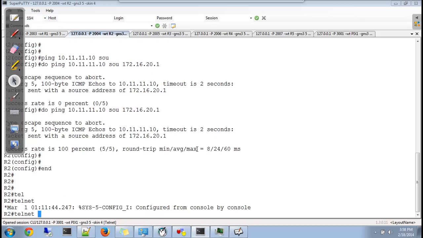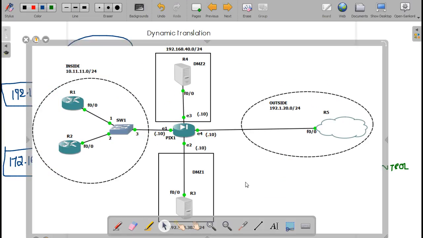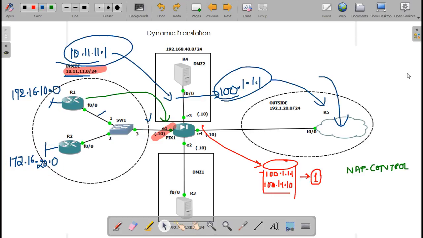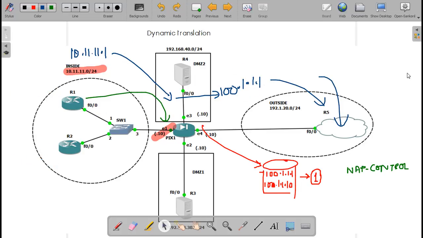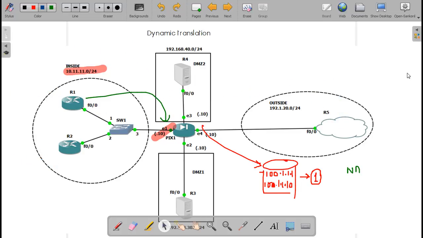Okay. So now, do you think these networks can go to the internet? First thing, are these networks on high? Yes. Are they trying to go to low? Yes. See here. You need to check whether the network 172.16.10 is on high?